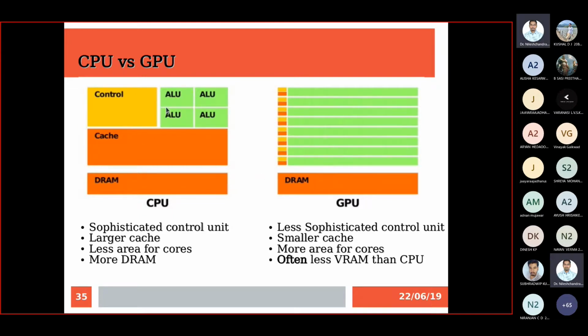One important thing is that the CPU has its own dedicated memory that we refer to as RAM, right? Because the CPU is a processor. Whenever you want to execute any application, first of all its data will be fetched into the RAM. So that's why for the CPU, we have its own dedicated RAM.